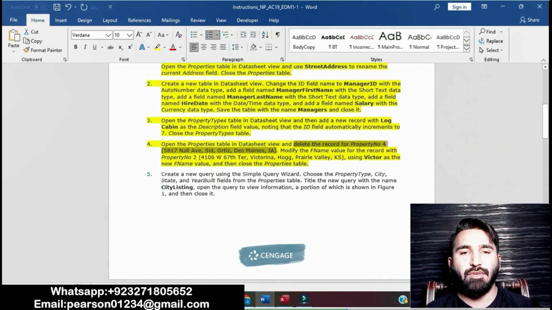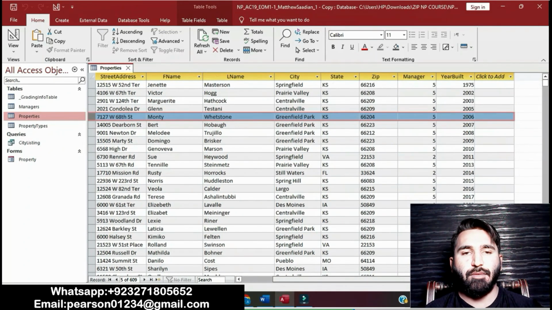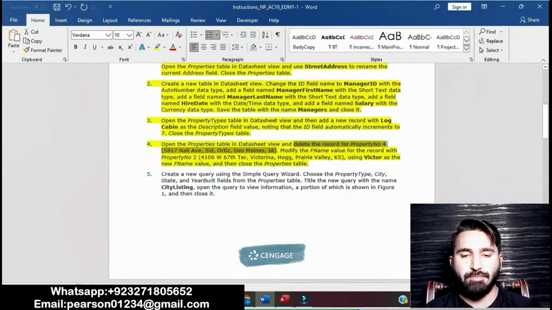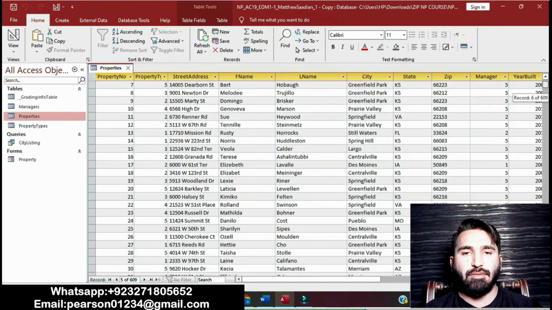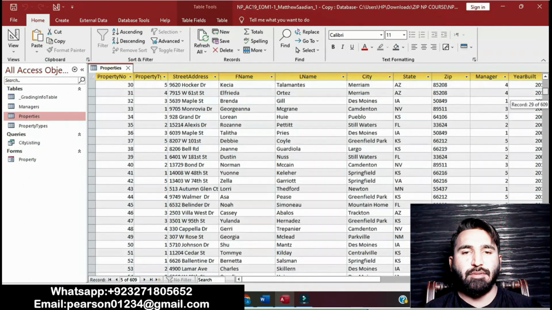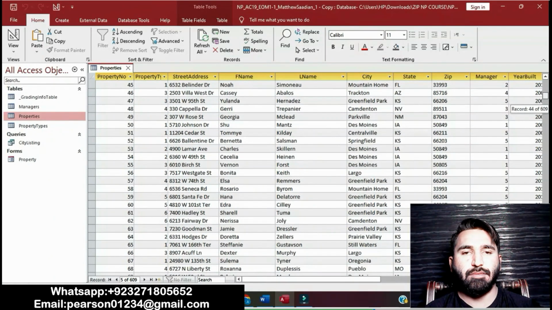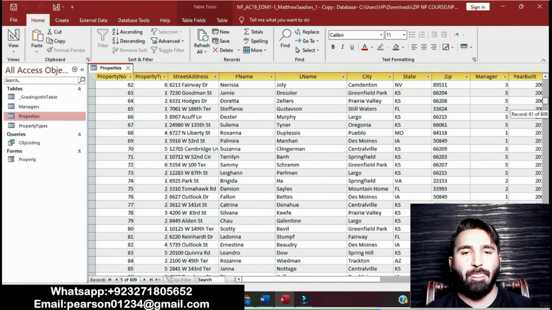Modify the first name value of the record with the properties 2. Okay, right click on this and read this record. Okay, property number.